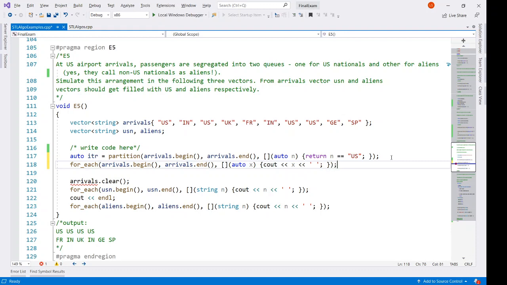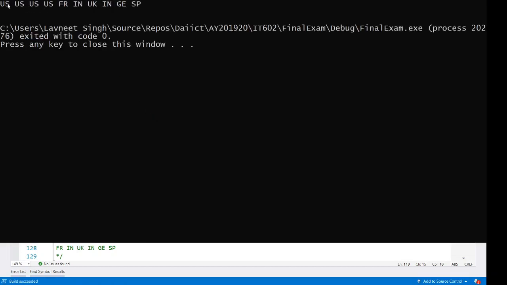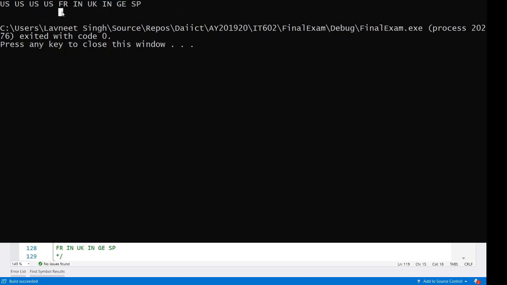Okay, so let's run this and see what we get after partitioning the arrivals vector. So we see our vector has been partitioned into US and non-US partitions, and the partition point will be returned like here. The partition will point to the FR